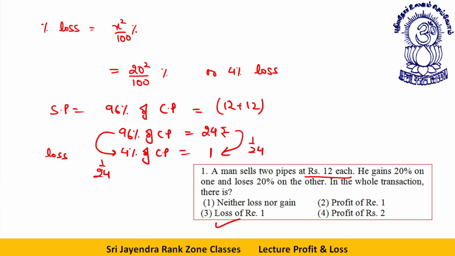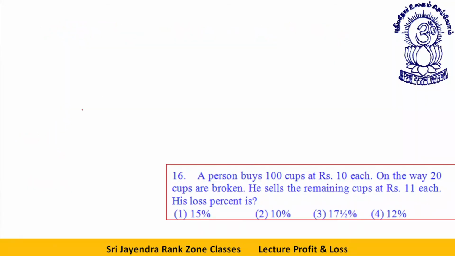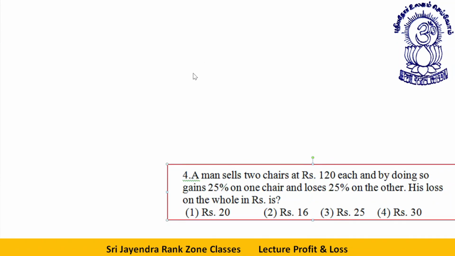Whosoever has framed the question should have mentioned some other value a little less, so that some of the students or a fellow like me could have made a mistake. Options were very close, not precise, so that's why I marked this. And eventually, the answer came out to be right. You understood, my students? Let's move to the next one. We should do all of this type. This is a good type of question. Good sort of practice question.